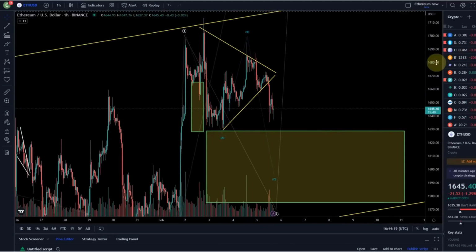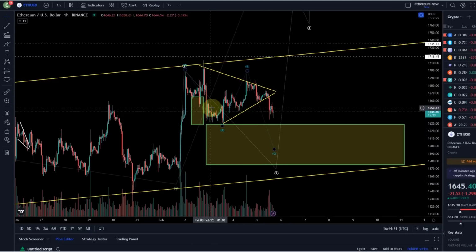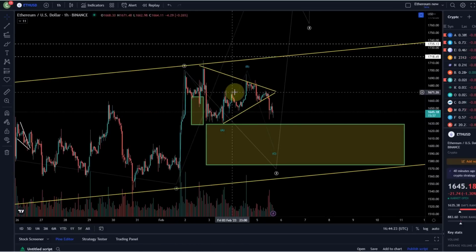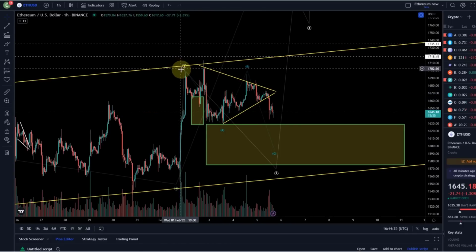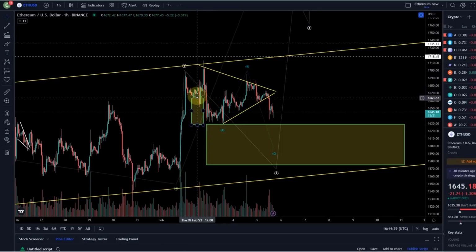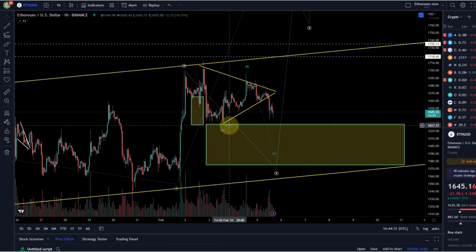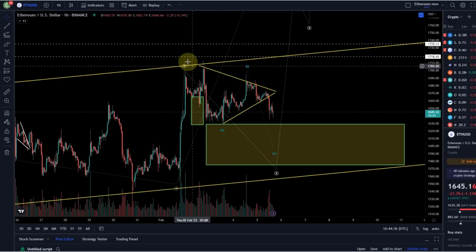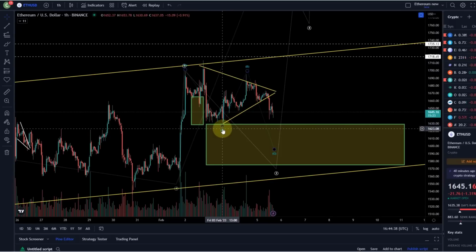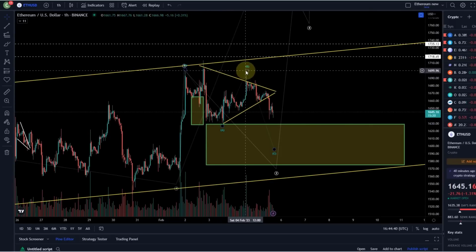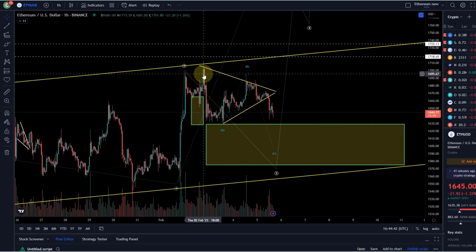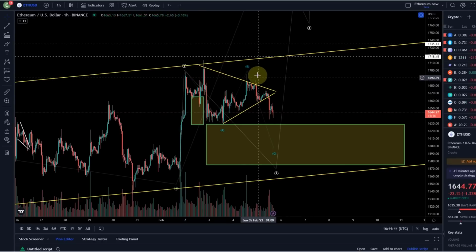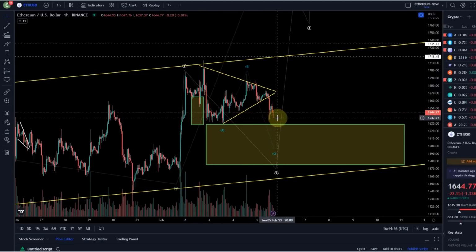we've got 5. So what we have here could be either because the A wave was also, no, the A wave was in 3 waves. So we probably have a flat pattern here, so that we had A in 3, B in 3. It also retraced quite a lot, so that's typical for a B wave. And then the C wave down, if we stop here and move up, it was a running flat pattern.